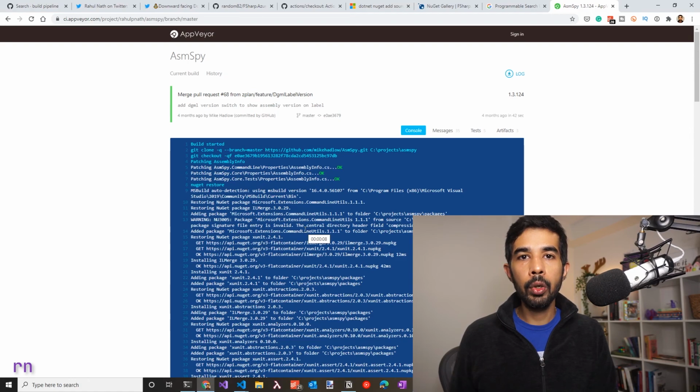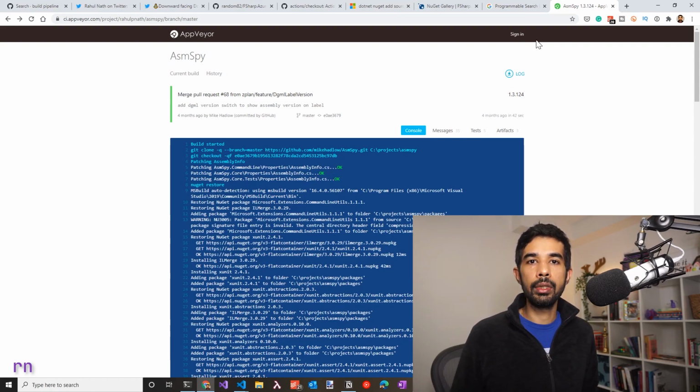The small contribution that you make goes a long way and helps people. So if you're looking to make a contribution, start your search on GitHub issues and find out a repository where you can contribute. You might be learning a new skill, helping the community, or just doing it out of pure interest. Please do share in the comments the repository details that you have started contributing to.